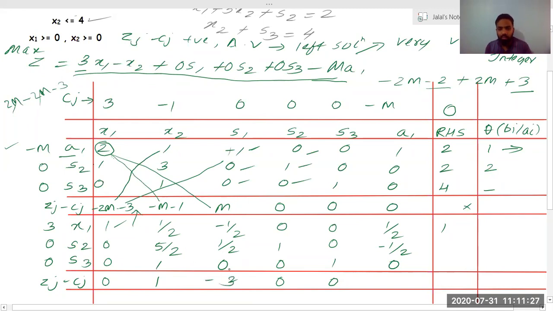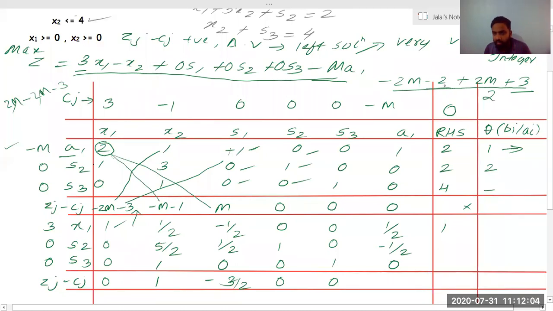Okay, this is not the end of the solution. I hope everyone can see this is minus 3. 2m is getting cancelled. Minus of minus will become plus 2m, but it will get multiplied by minus 1. So what will remain is minus 3, divided by 2, because we have to consider the key element. I hope we have considered the key element here also. When we were doing this, this was minus 2m minus 2 plus 2m plus 3. We have to divide it by 2. I forgot to, yeah, we have to divide it by 2.